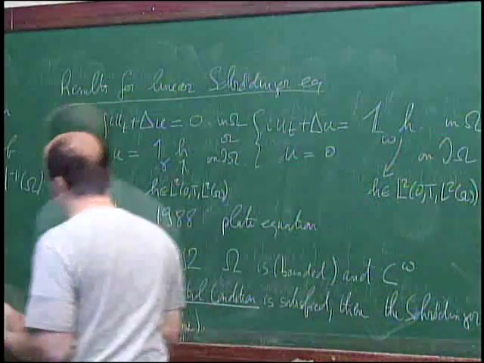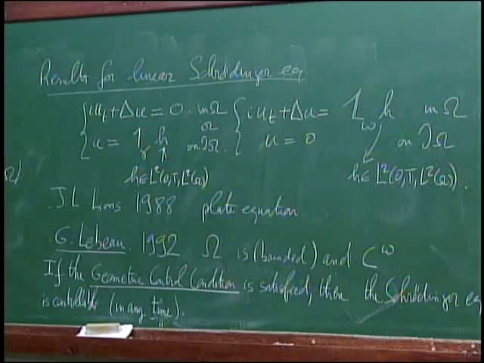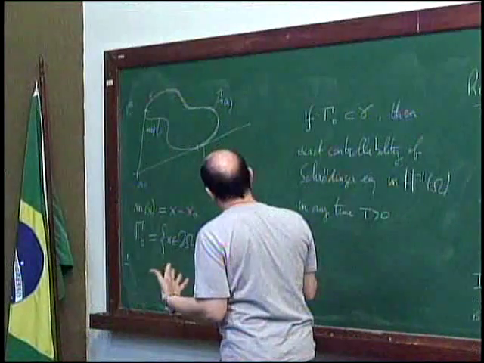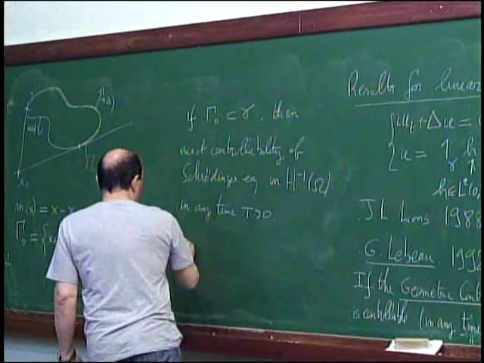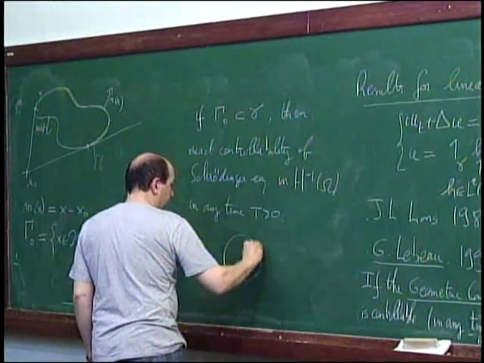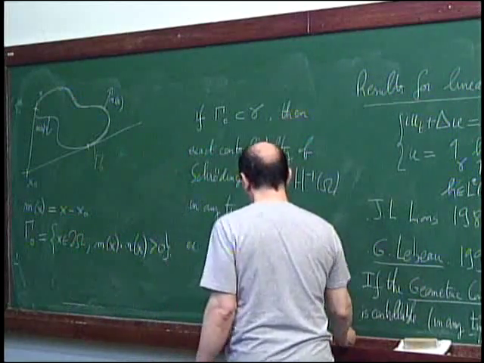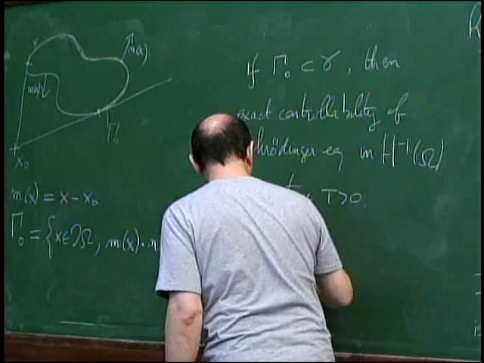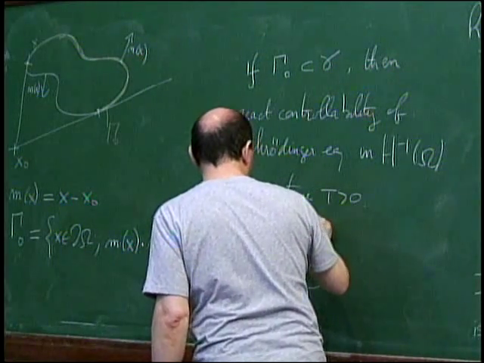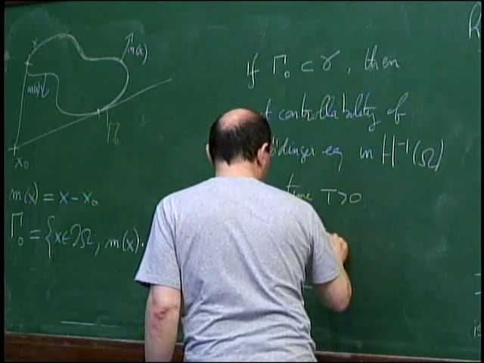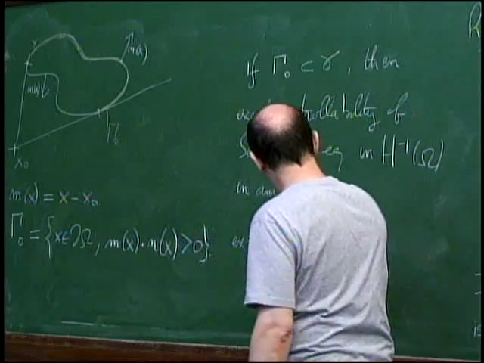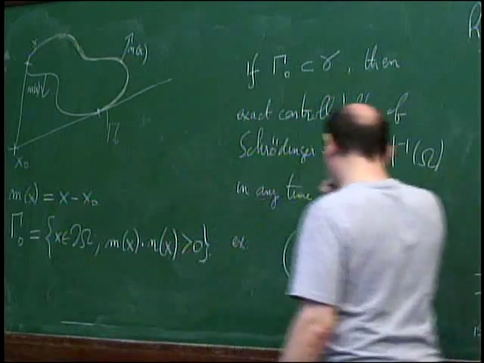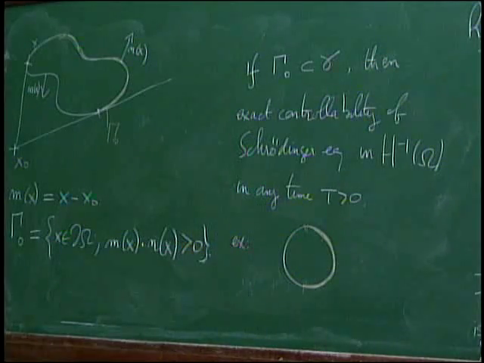And of course, what is nice is that now it's easier to appreciate because, okay, you can see if your control region satisfies this property or not. So it's quite easy. For instance, if you take a circle like this, you can apply the result provided that your control region is slightly larger than half a circle. You can make it if it is slightly larger. You just have to take a point x0 on the left. Okay, you can make it. So it's easy to appreciate.